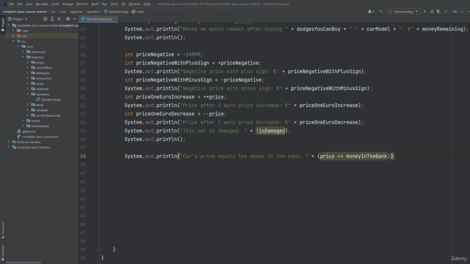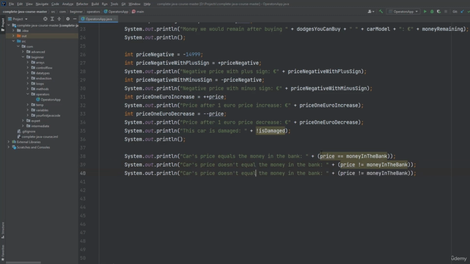Now doubling this line here and changing this double equals to not equals with the exclamation mark, and the cost price doesn't equal the money in the bank, doubling this line again and changing this to greater than, and the cost price